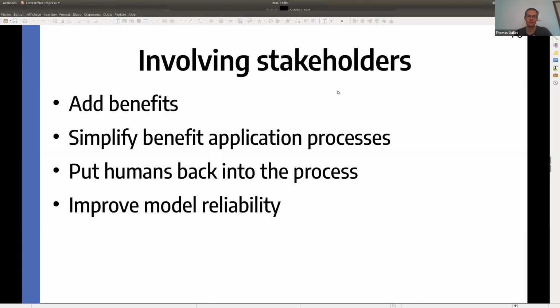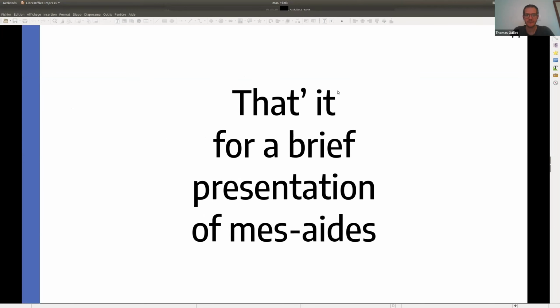And when we don't show a benefit that people could benefit from, we are creating some non-take-up. So we need to get a balance between the complexity and the model, but that's an ongoing process.